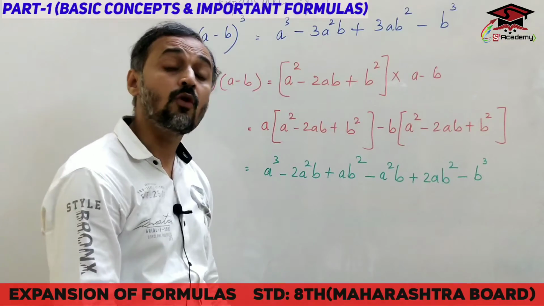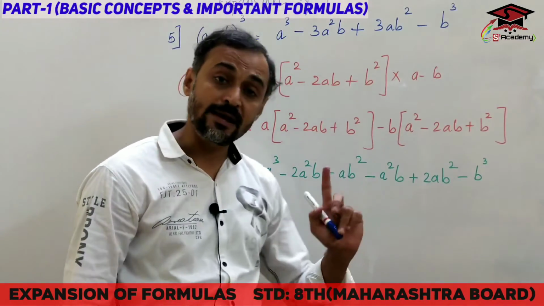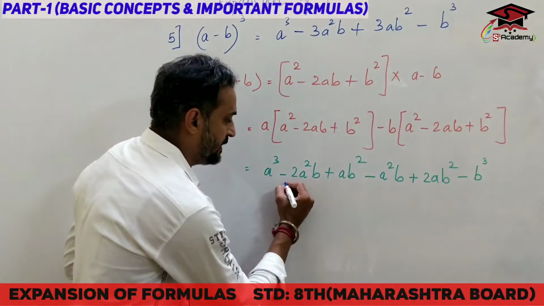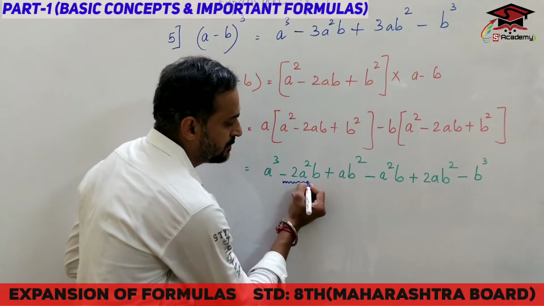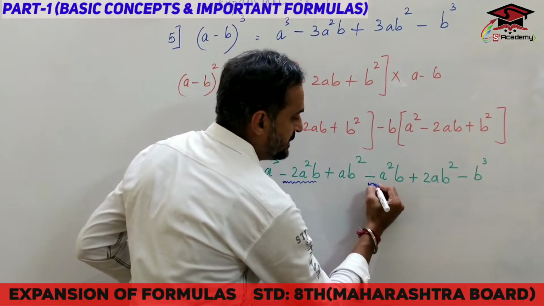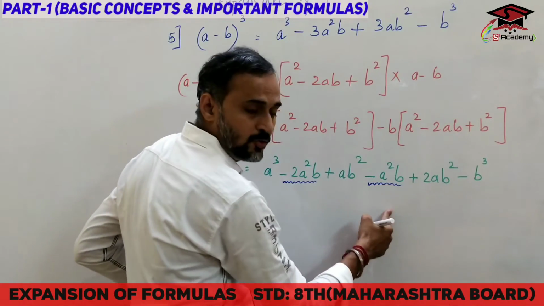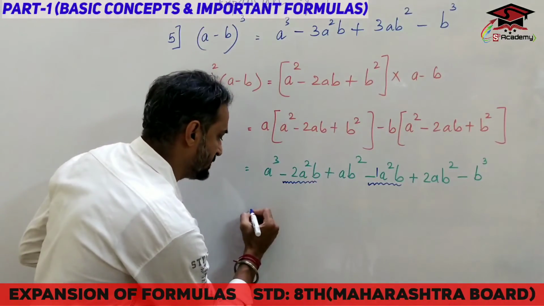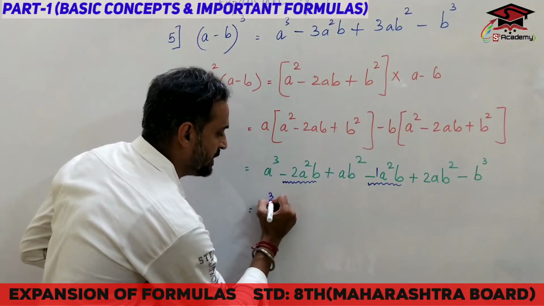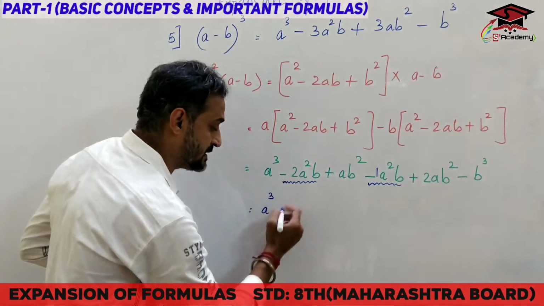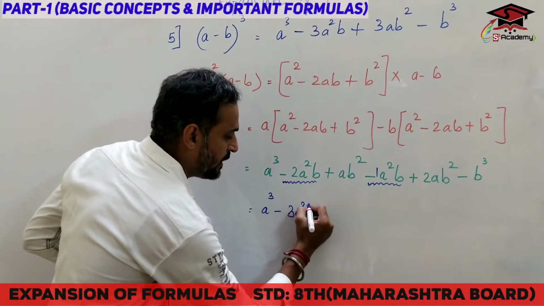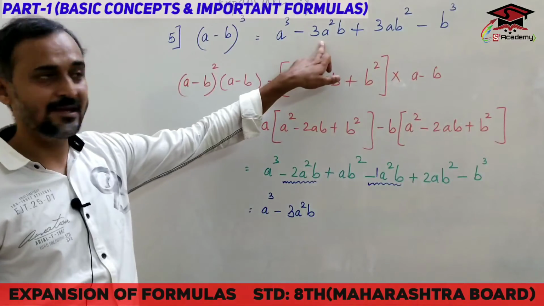Now what do we consider? We will consider the like terms. Okay, minus 2a square b minus a square b. The way I have told you, nothing is there, let me consider 1 over here. Minus minus is plus. It is considered to be an a cube. Minus minus is plus, but take the sign of the bigger number. Minus 3a square b. So that means minus 3a square b.